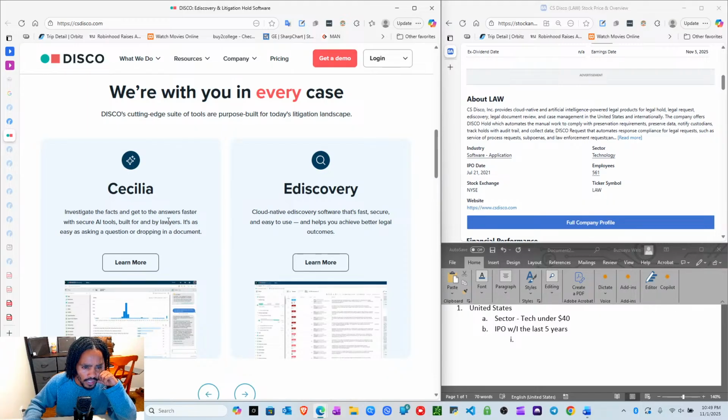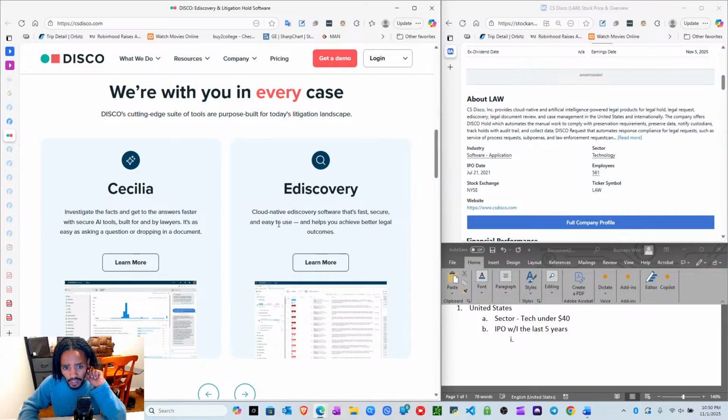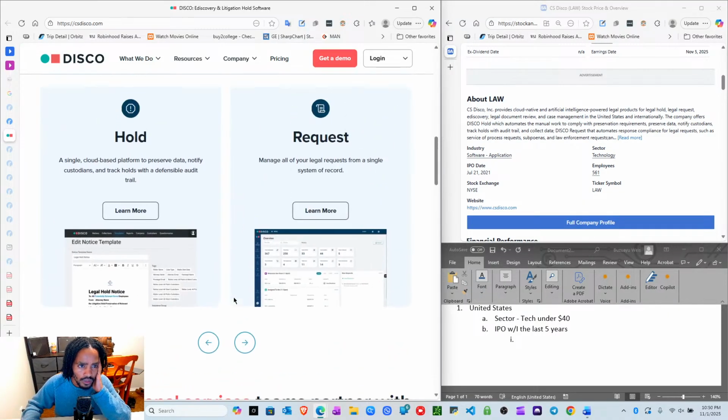Investigate the facts and get the answers faster with secure AI tool built for and by lawyers. It's easy to ask a question. Obviously, e-discovery, cloud native e-discovery software that's fast, secure, and easy to use. Yeah, so obviously I don't know much about legal stuff, but I know things can be really expensive, and a lot of time it's just the research and documentation is the most